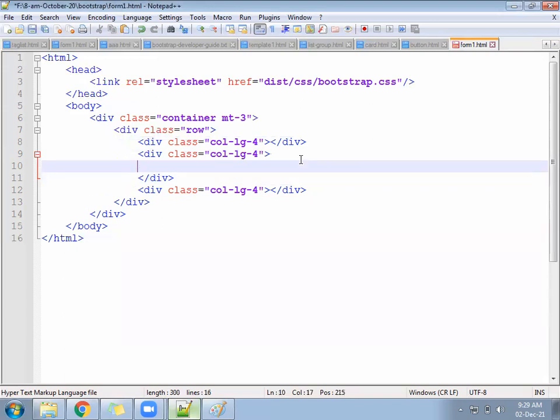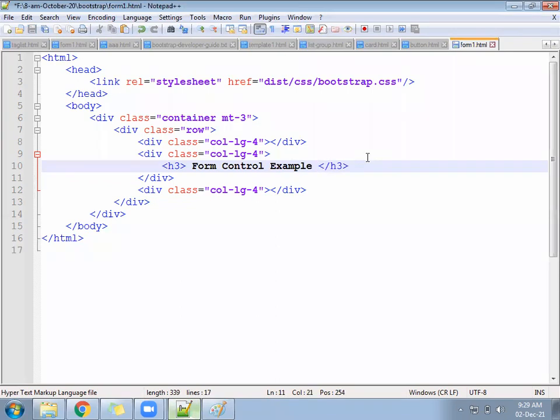Inside the middle four, write an h3: Form control example.